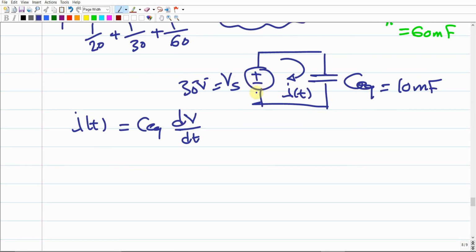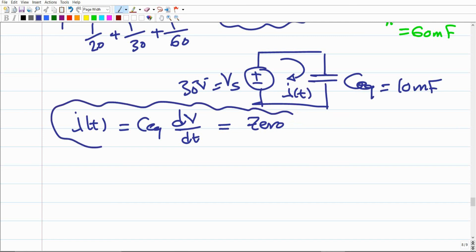This voltage source gives DC voltage, and we mentioned once before, in case that we have DC voltage, there is no current. The current definitely will be 0. So simply from this equation, we're gonna end up that the current within this electrical circuit will be 0. So what does it mean that the current within this electrical circuit is equal to 0? The current equals 0, this means that